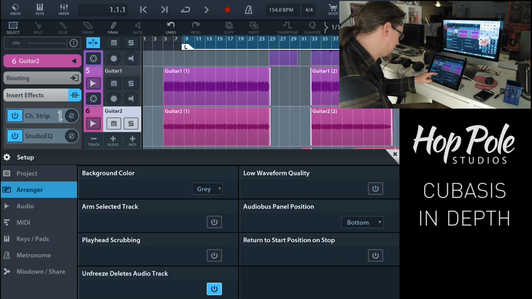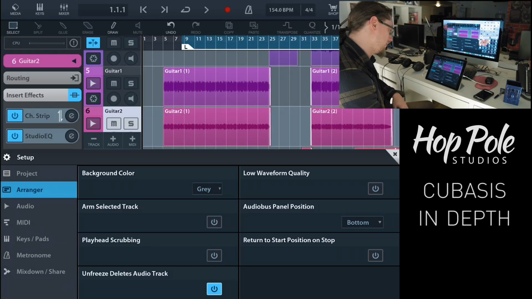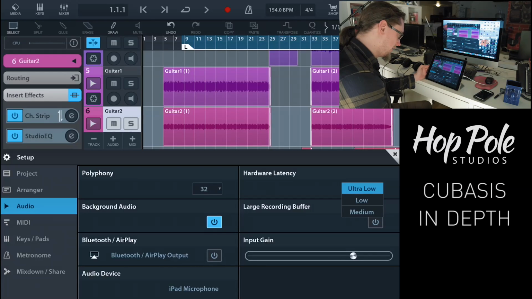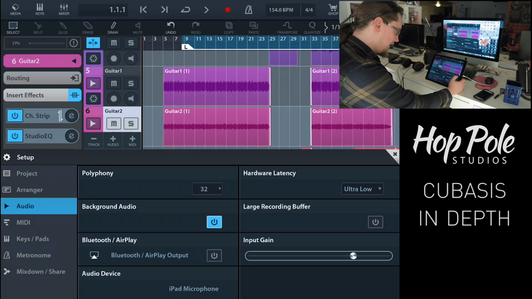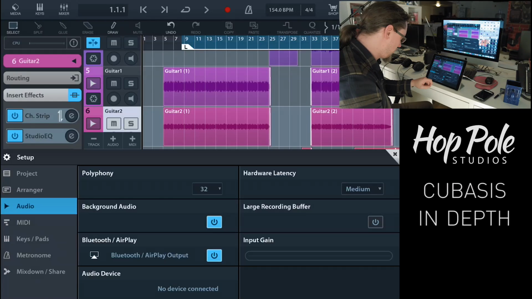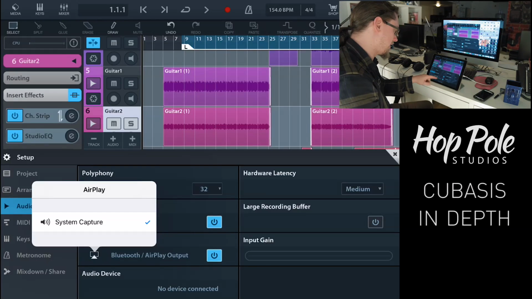Arm selected track is something that always annoyed me in Cubase. I want to arm tracks when I decide and not when it decides. But it's nice that they've given me the option. Polyphony. Hardware latency was at low by default and I've changed it to ultra low so it's got lower inbuilt latency. Bluetooth AirPlay is really nice because that means that